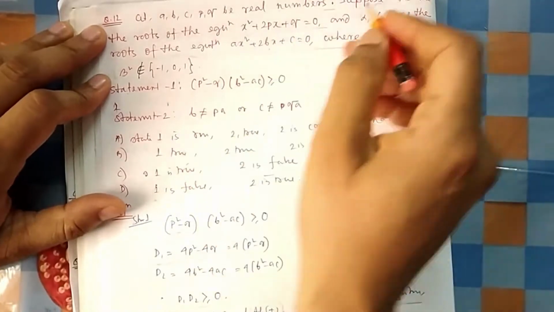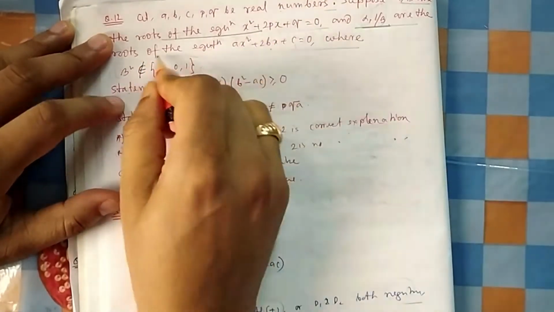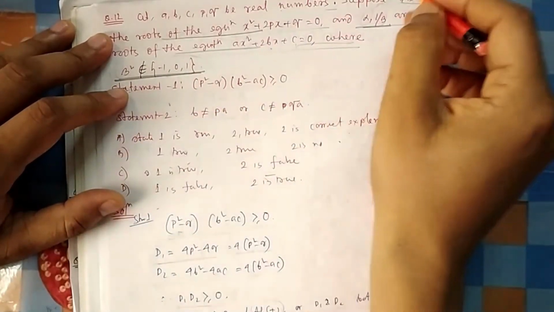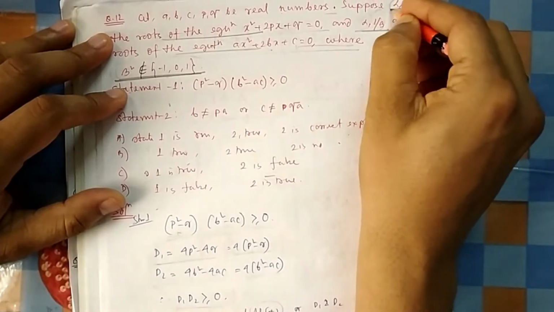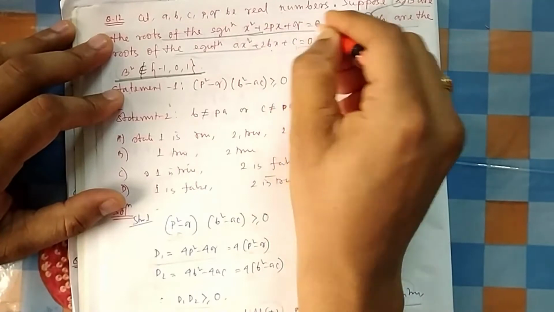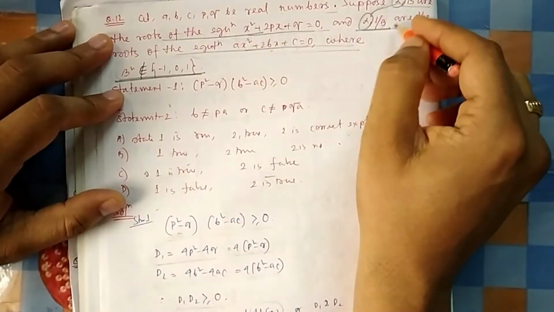In question 12, a, b, c, d are real numbers. Suppose alpha, beta are the roots of this equation, and alpha, 1 by beta are the roots of this equation, where beta square is not equal to, this is the given condition. And one thing you check: because both are having alpha, one root is common between these two. So these are the given things we can conclude at first look, and one root is the reverse of this one.